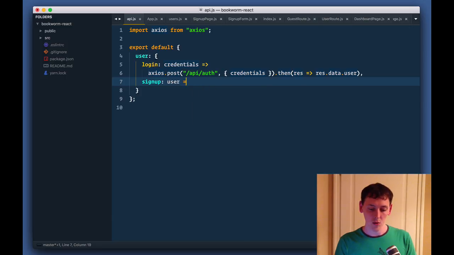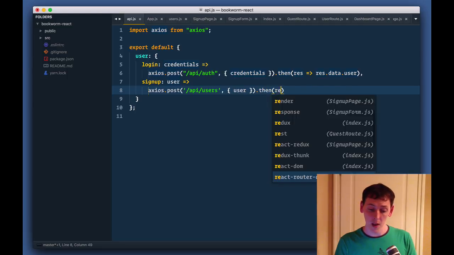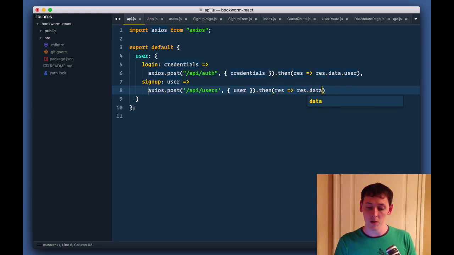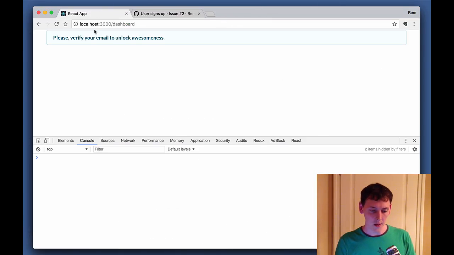So it takes user, and we have also access to post. We'll have API users, and we pass the user to it. And if everything's okay, we have response, and we return user data. Done. So that's the client side. Now we need to handle the backend. So if we go here and